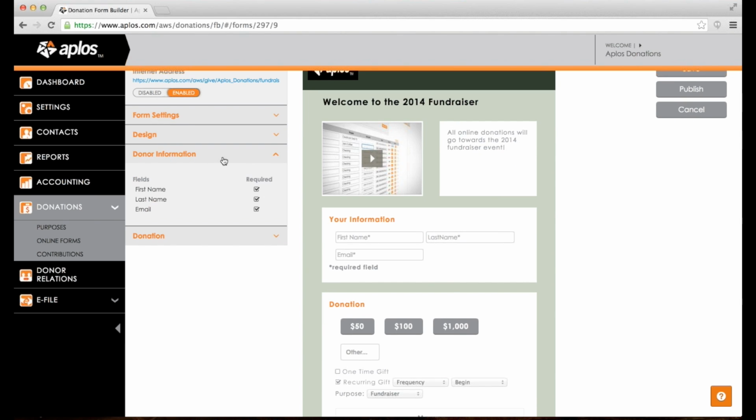And then moving down, you have donor information. And donor information is where you can select what information you want to collect from your donors when they hit this page. Right now, the only ones that are offered are the first and last name and their email address. But coming soon, we will add the option to collect addresses, phone numbers, and other custom information on this form,